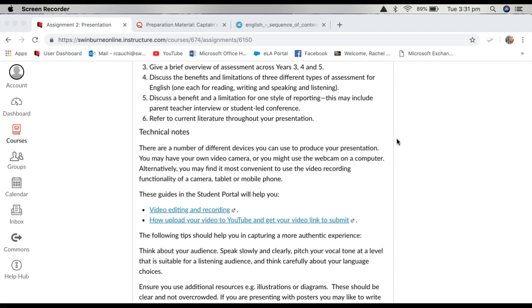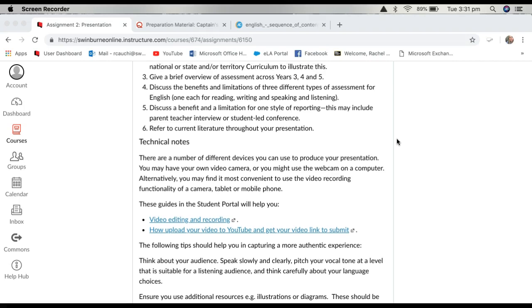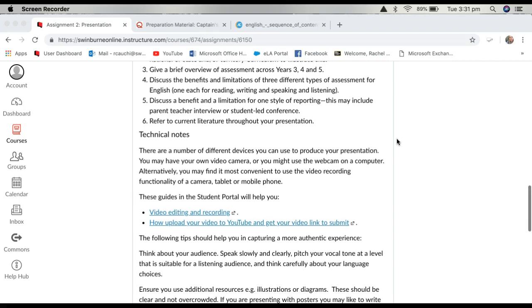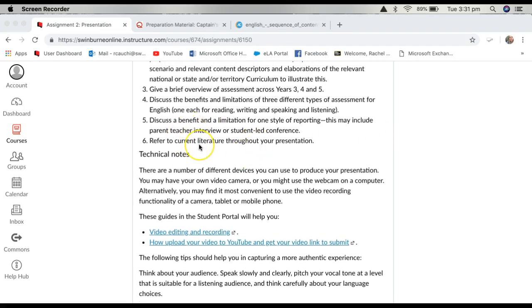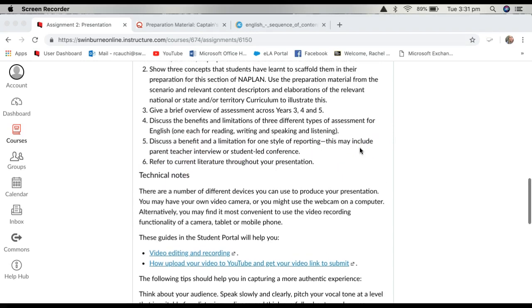academic progress. And I suppose try and focus again with our literacy hat on because we're always thinking about literacy with this one. We always need to link to current research. So throughout your presentation, if you're talking about the fact that comprehension skills are important, then you link to current literature that's proving your point. If you're giving that general overview in point 3 about assessment, there's lots of good stuff in our e-text that